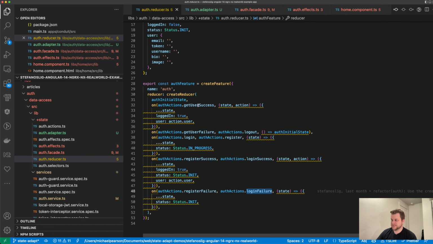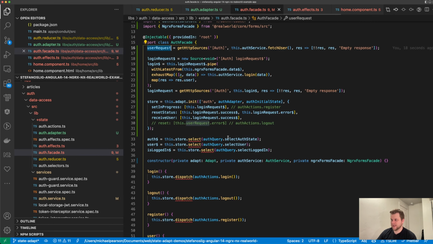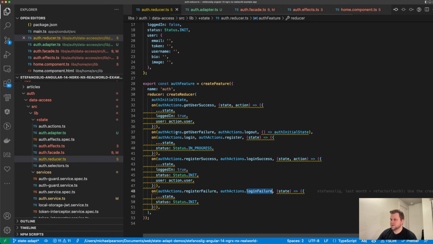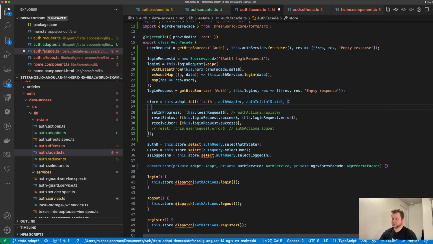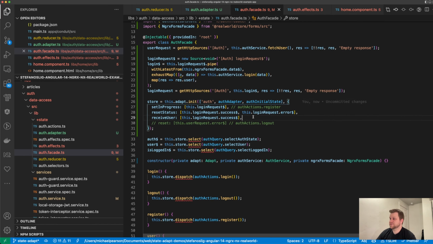Okay, get user success. So on success, it's going to receive user. I think that's all that did. Okay, receive user. Okay, right? It does this, yes, plus resetting status. So see, that's an issue. It's hard to keep track. You have to remember, oh, so it's going to reset status and receive user. And then you have to go look at those. So let's see. Receive user, I'm going to put this at the top because